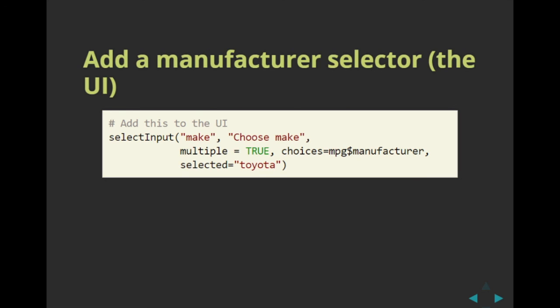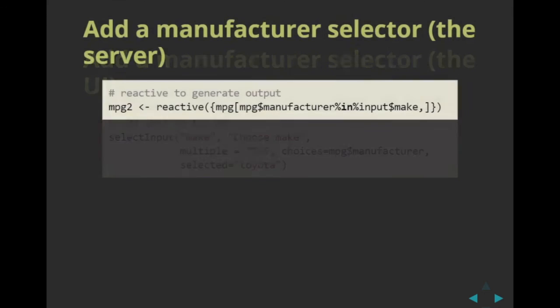What's this right here? The input ID, unique. Here's a label. I'm doing something a little different here and allowing the user to select multiple, not just one. So it's not just a classic selector. And then the choices are manufacturer, and then I'm going to select Toyota to start. All right. And now in the server,